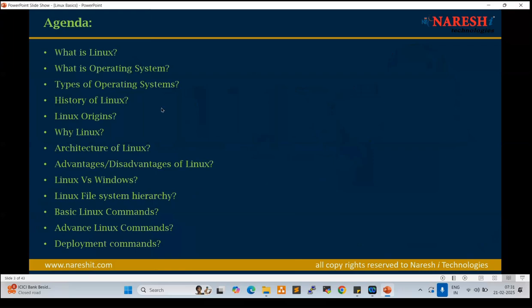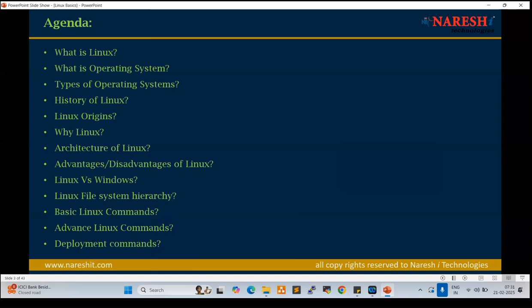Up to here, only basic commands we can cover today. Tomorrow, advanced commands and deployment commands. Only 2 days for Linux concepts, 2.5 to 3 hours max. Tomorrow I may take an extra 15, 20 minutes, because today some time was wasted, right?